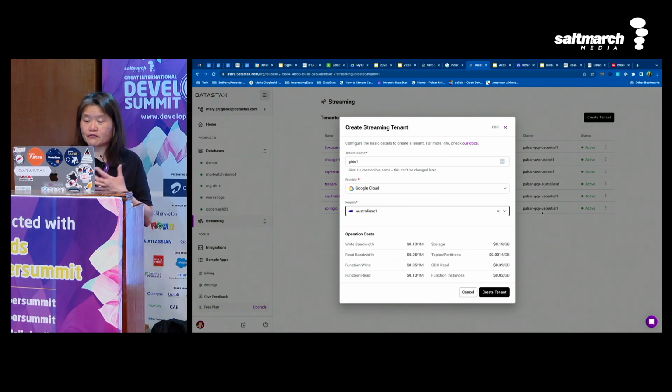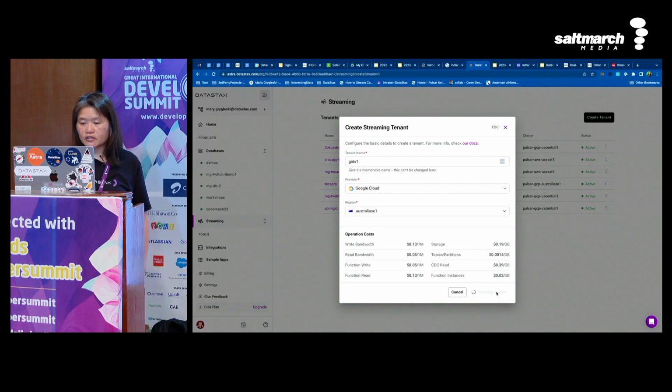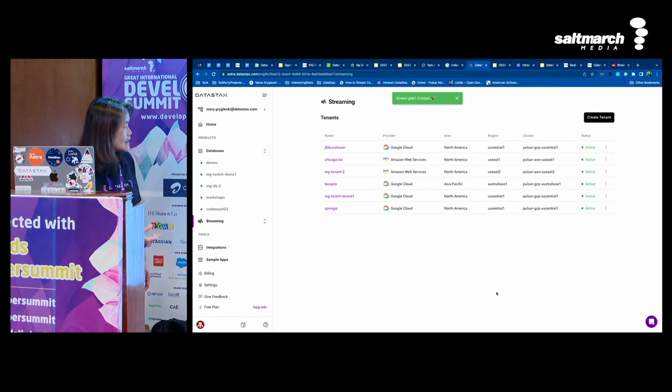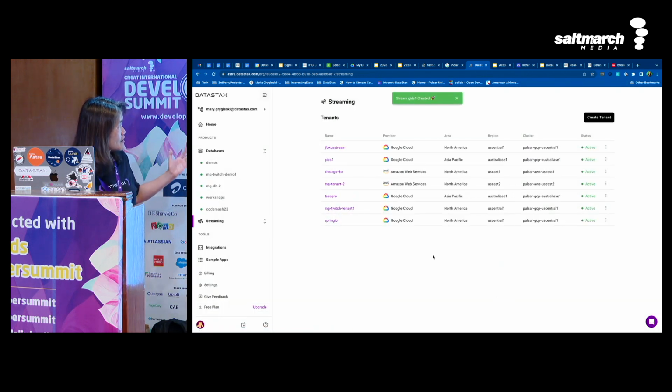If you are a startup company interested in seriously using our product, we have support that can get you additional credits to work on your project. That's a nice thing. Otherwise, all you need to do is click create tenant, and it's pretty fast.